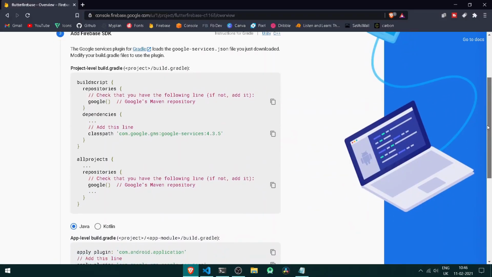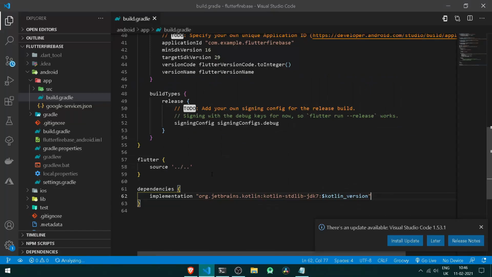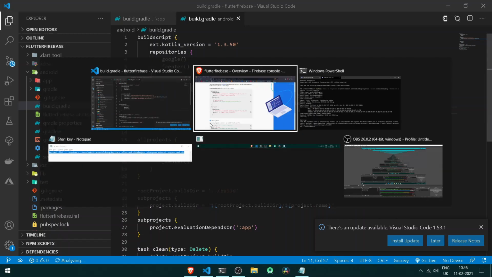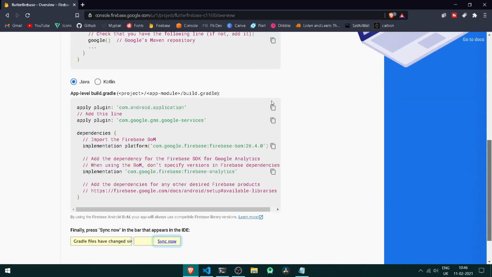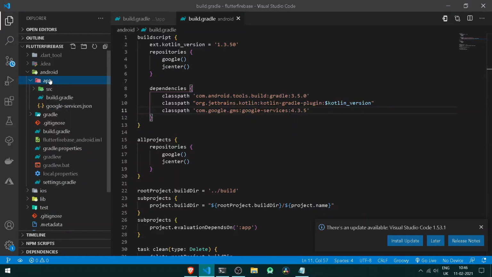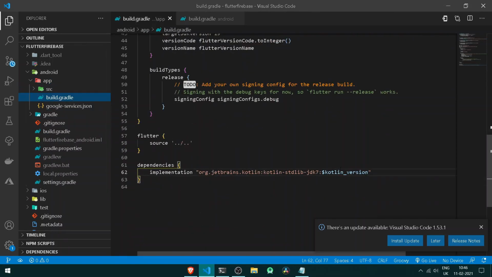And now we need to simply copy the dependency, that is a classpath. Let's move under our Flutter project, and here you can close up your app, open the build.gradle file and paste it here. Once you have pasted your classpath, let's go back under the Firebase console. And we need to simply paste the following code under our app level build.gradle file. So I can simply copy the plugin. Let's go back. Here we can simply move under our app and under the build.gradle file, and you can simply paste it here at the bottom. So let's paste it here.